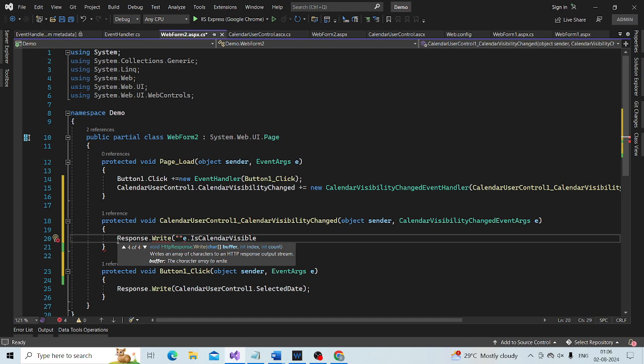I want to let the user know whether the calendar is visible or not, so I am going to send this message back to the user. Calendar visible.